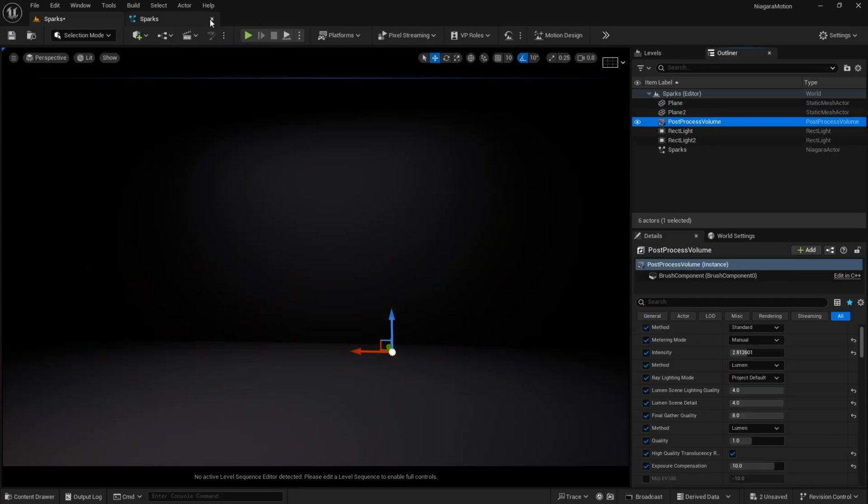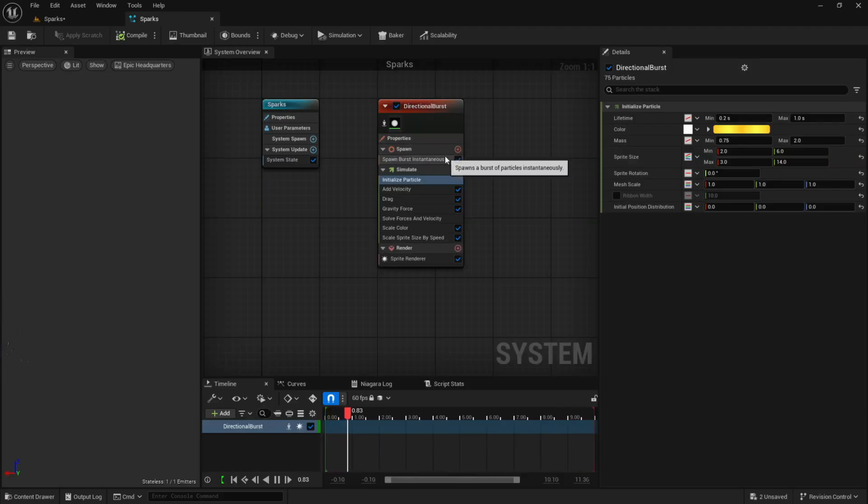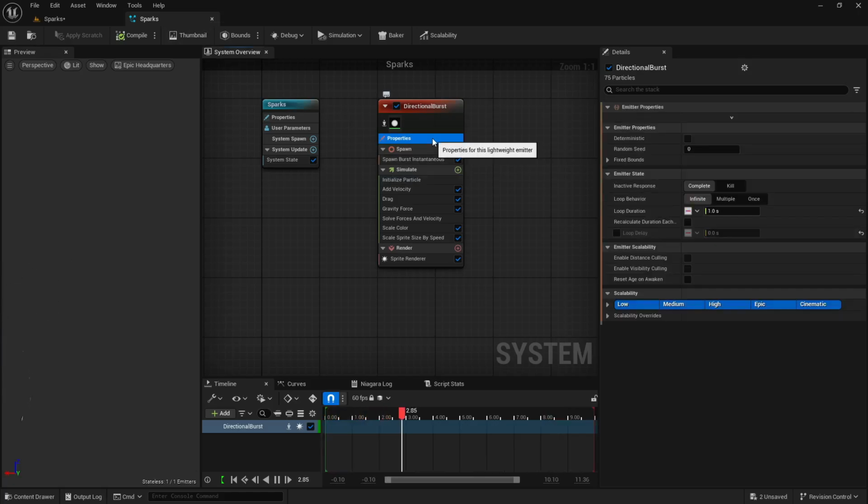This is looking nice. We can increase the particles as well. In order to do that, you can also switch to GPU render engine if you want. But I am not going to switch to GPU right now. I am just going to make sure that it is set to CPU only, because we are not going to burst that many particles, because sparks are not that much in quantity.